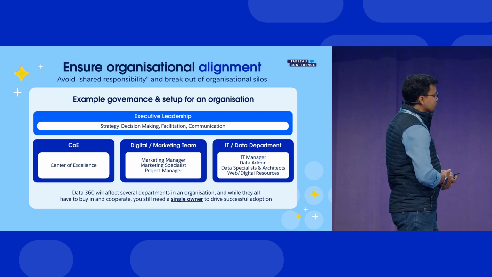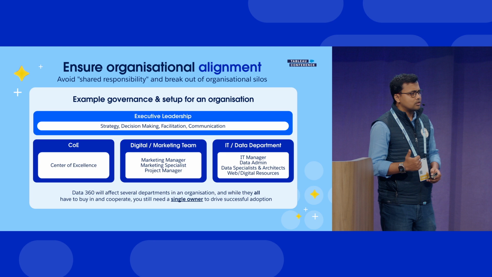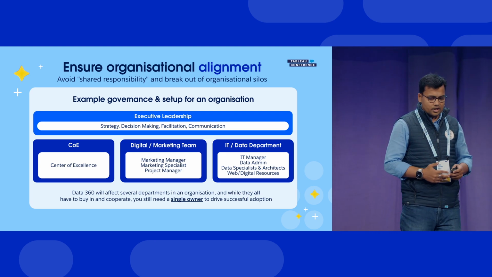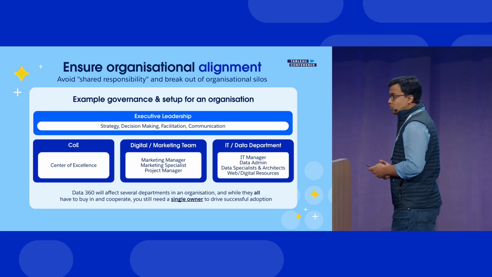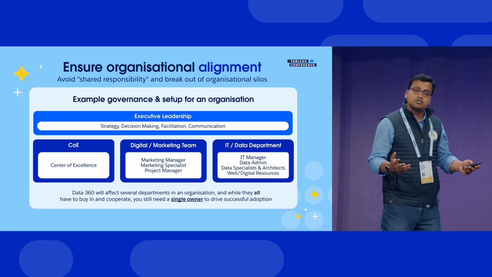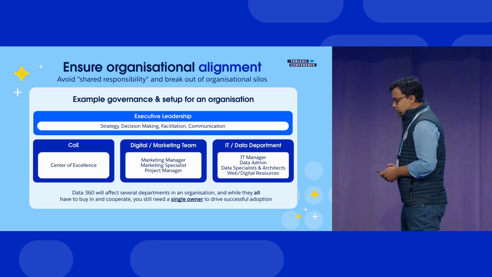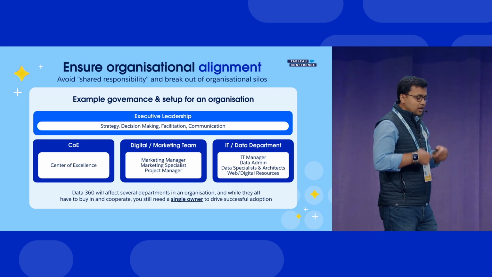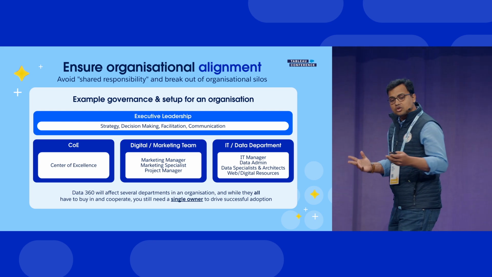So the building blocks of that is a COE, a center of excellence. I'm sure, and this applies to any business size, if you will. But center of excellence typically does Salesforce best practices, runs POC labs for new upcoming technologies. Now, they will be the flag bearers of that typically, right? Now you go to the digital or marketing team to get your pulse into, okay, what is the market looking for? And what can be a high impact stat or KPI or an action that you could be looking for,